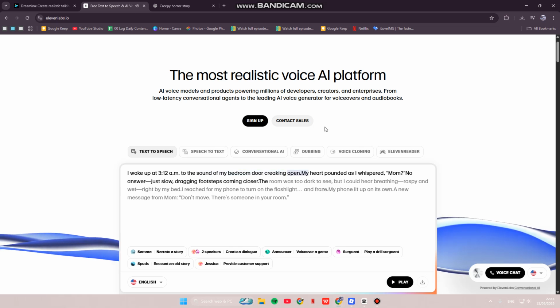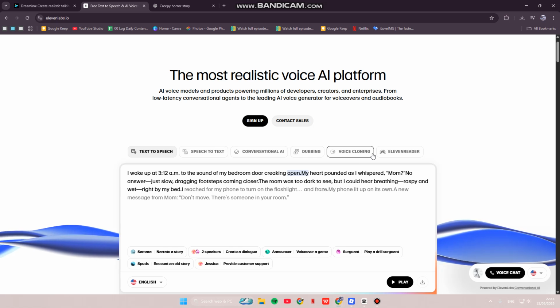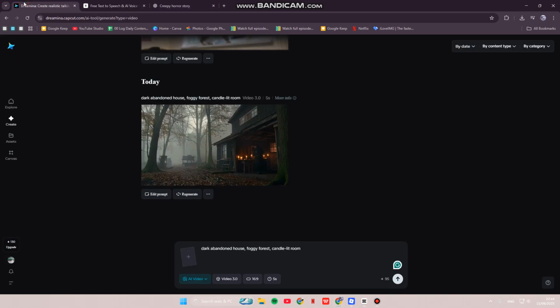Okay, if you like with the result, you can download it, and now you can make the horror visuals by using AI video or image generators. In here, I'm using Dreamina or CapCut AI. So you can use the prompt, for example, like this: dark abandoned house, foggy forest, candlelit room, and you can